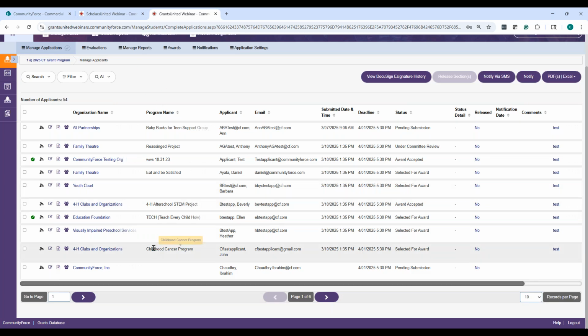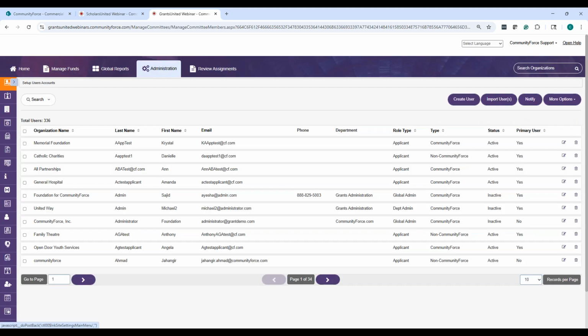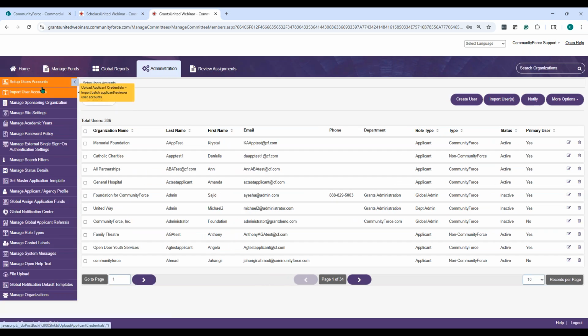So this program name column has to be activated in the administration site settings. I mean, it's not a site setting. I apologize for that. You do have to have CommunityForce turn it on. Then once they turn it on, that program name question type is available. And here under the questions,